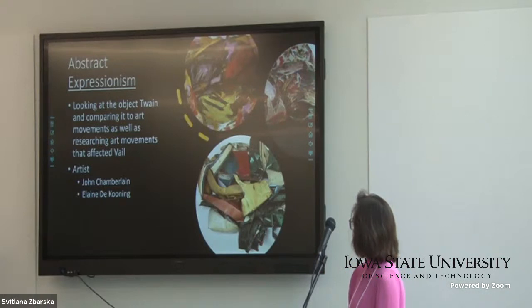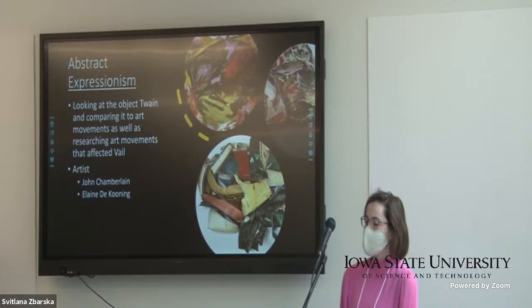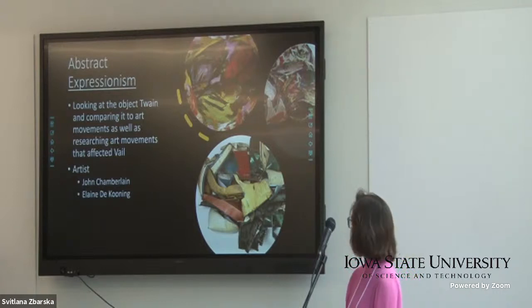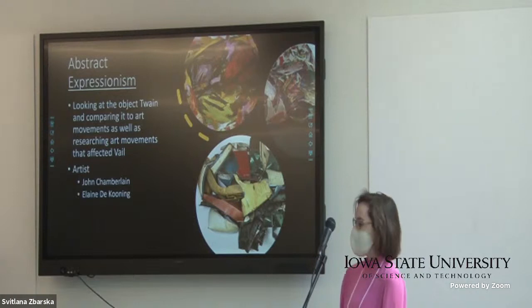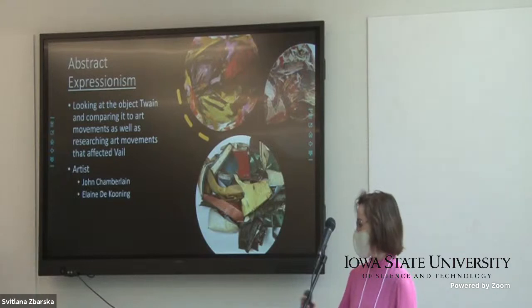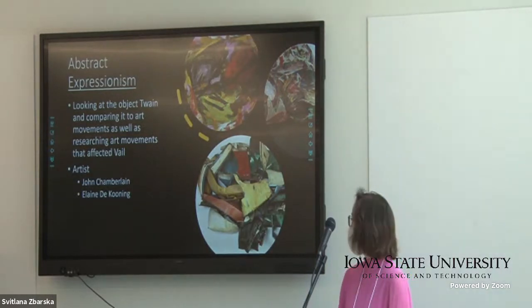Cloverdale was very influenced by abstract expressionism, specifically by some of the artists, at least John Chamberlain, whose piece is at the bottom, and he showed her how crevices and deep colors can be used in art. The Cloverdale piece has crevices where it's comprised of 2 pieces, but within those 2 pieces it's comprised of 2 chambers, where the second chamber seems to come out of the first. So it's showing how you don't get to see the entire piece. There are crevices where you have to walk around inside.